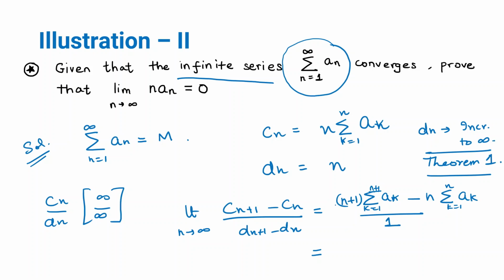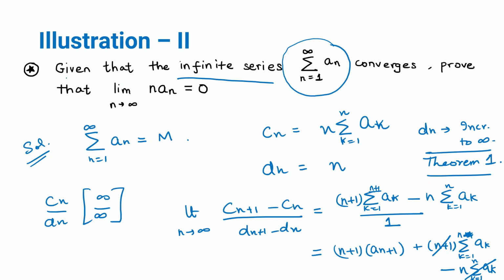So this is going to become (n+1)a_{n+1}. We're going to keep that separately, and then this is going to be (n+1) times the summation of a_k from k=1 to n+1, minus n times the summation of a_k from k=1 to n. So clearly this term is going to cancel the coefficient of n, and we're going to be left with